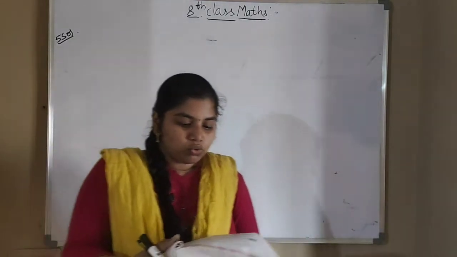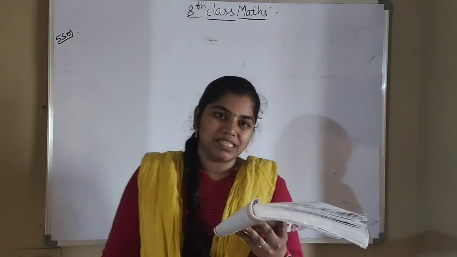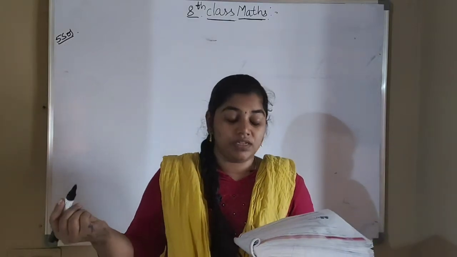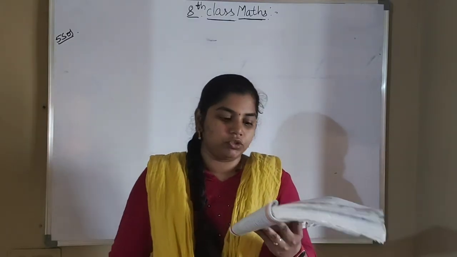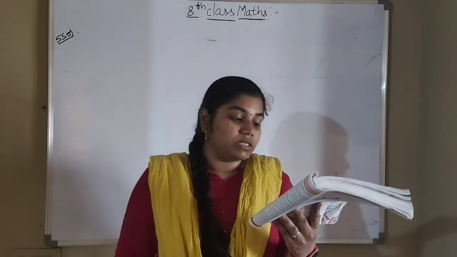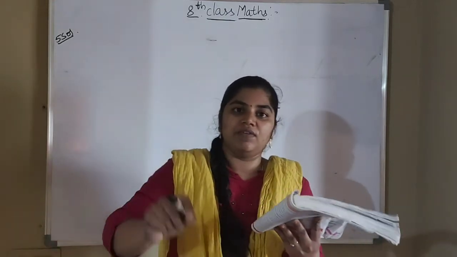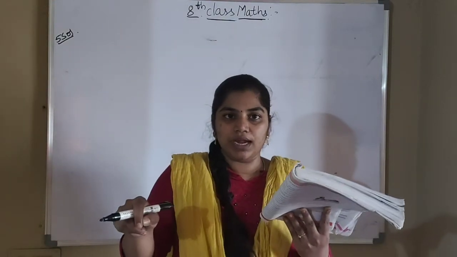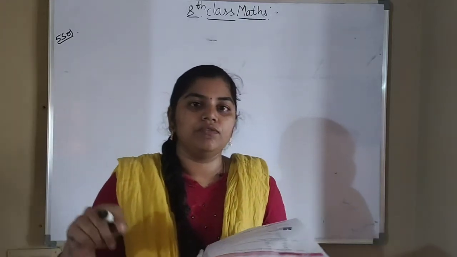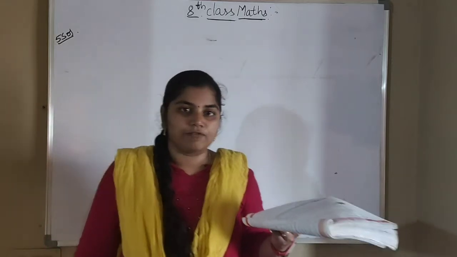Check whether 2156 is divisible by 11 and 7. So we have to check whether it is divisible by 11 and also whether it is divisible by 7 or not. Verify whether 2156 is divisible by the product of 11 and 7. If you multiply 11 and 7, what result will you get? That will be 77. So we also have to check whether 2156 is divisible by 77 or not.